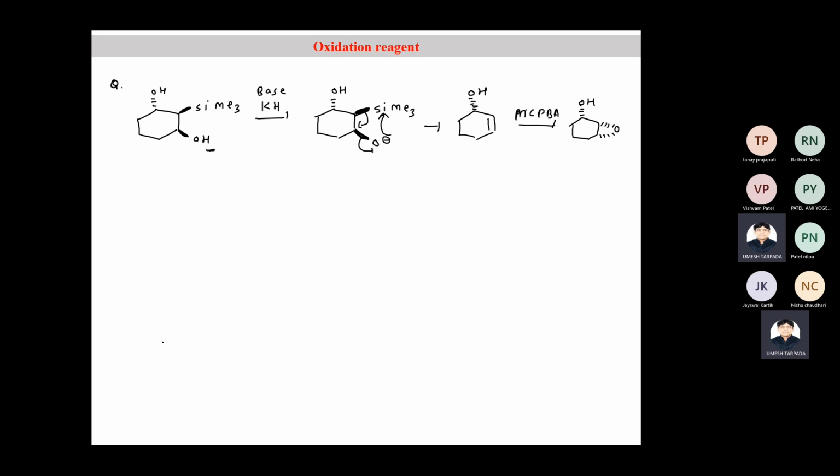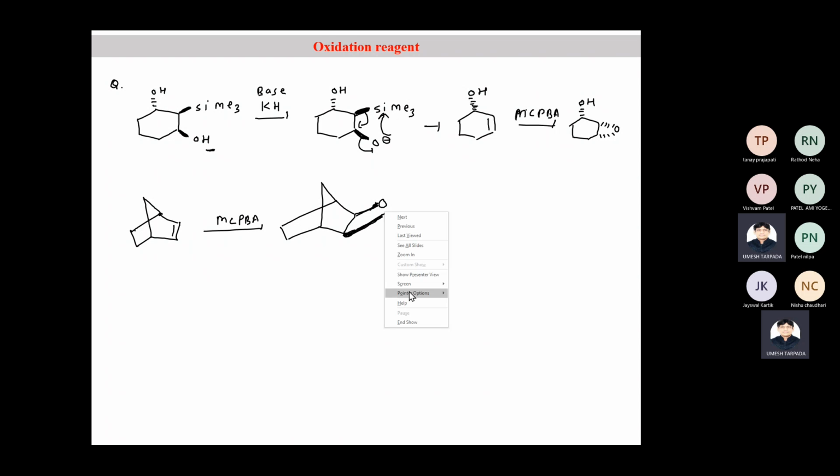But the very important thing here is that whenever the choice is available, you can have a Baeyer-Villiger oxidation also. If a ketone group is available, there are chances of Baeyer-Villiger oxidation. Suppose this double bond is there, and you add metachloroperbenzoic acid, then of course epoxidation takes place. But the epoxide ring is formed on the exo side. The exo side is sterically less hindered. I wanted to show the outer side, the exo side. This is the exo product.